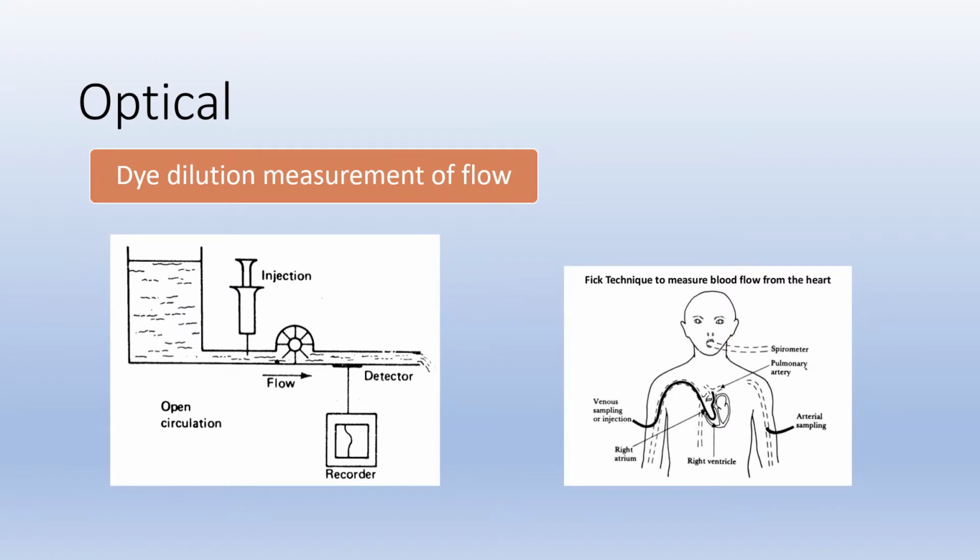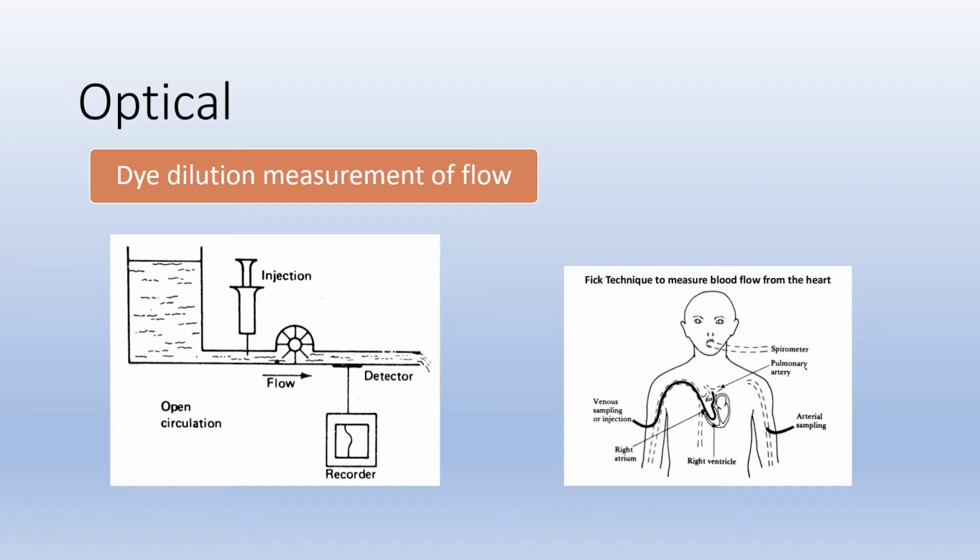There is a method called dilution measurement of flow. It is used for measuring cardiac output, with the same dual wavelength optics that are used to observe the concentration of injected dye in the blood. Indocyanine green is commonly used. It absorbs strongly at 805 nanometers, the isosbestic wavelength of the oxyhemoglobin